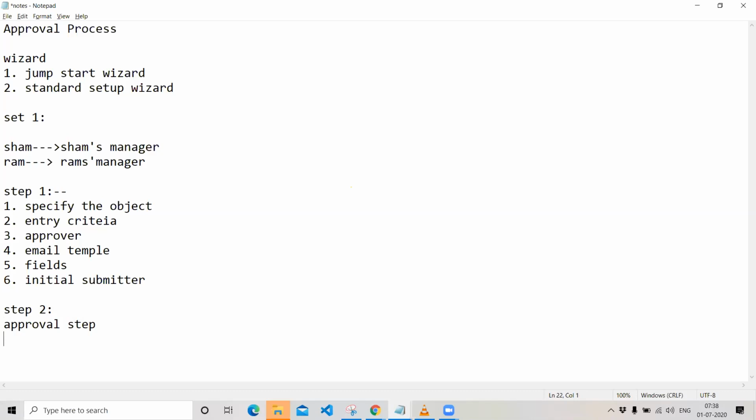You can specify over the approval step, and you can create up to n number of steps, and you can create what we say as multi-step approval. So if the manager accepted the record, it's okay. If I need an approval from a user other than the manager, if I want to get the approval from the regional manager also, you can define n number of steps to define your manager approval.